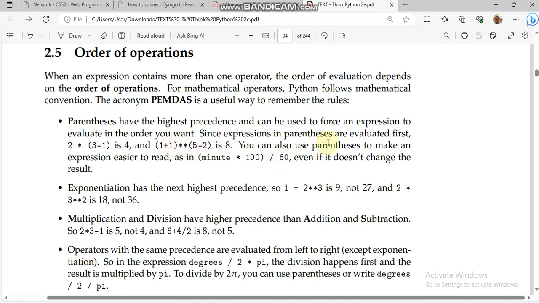We can also use parentheses to make an expression easier to read, such as minutes multiplied by 100 then divided by 60, even if it doesn't change the result. Okay, so